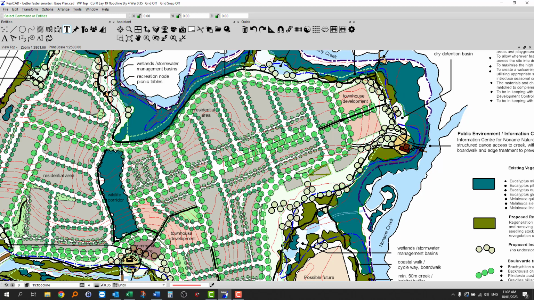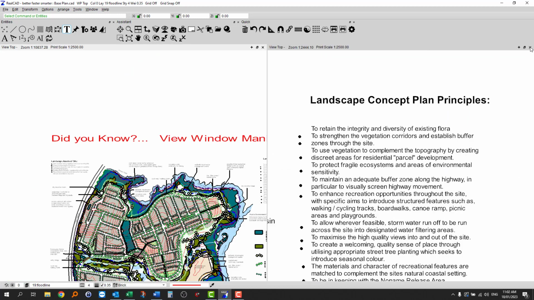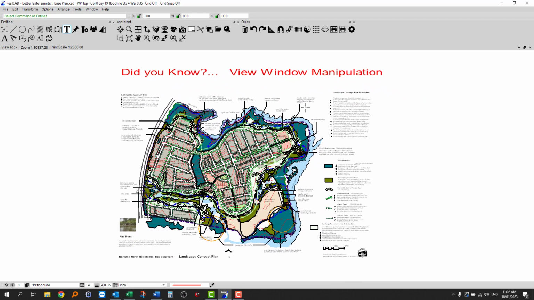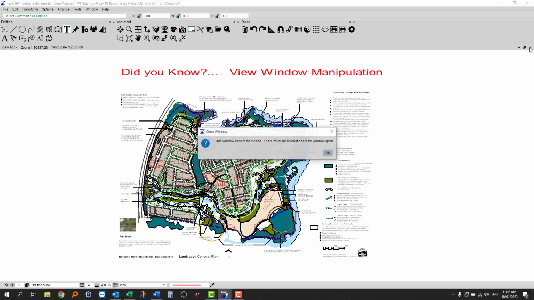We can also close windows completely. Use the cross icon to close the window. So that one's gone. And if I close this one on the right here, then we're finally down to a single window. Okay, if I try to close this last window, I will get an error message, and that error